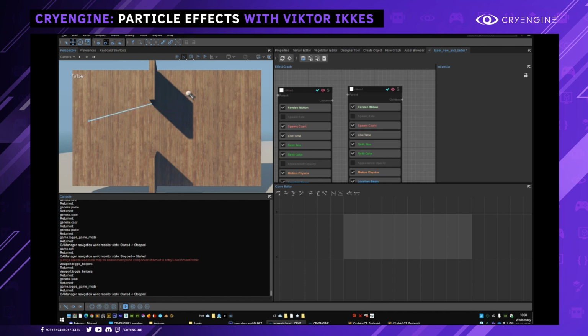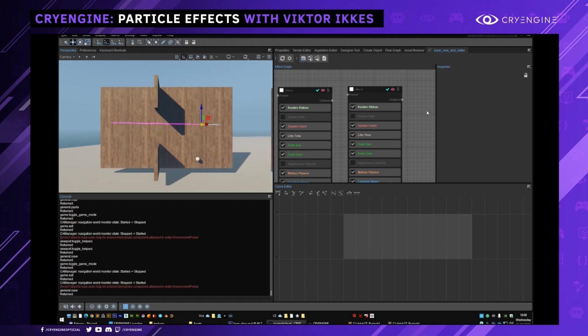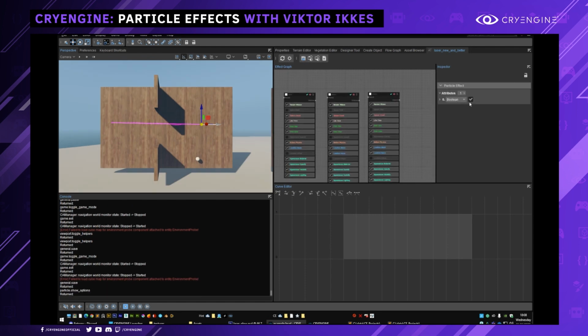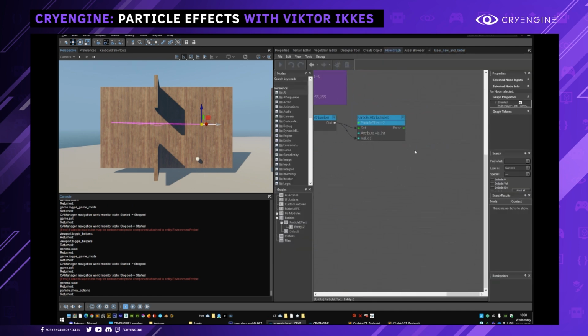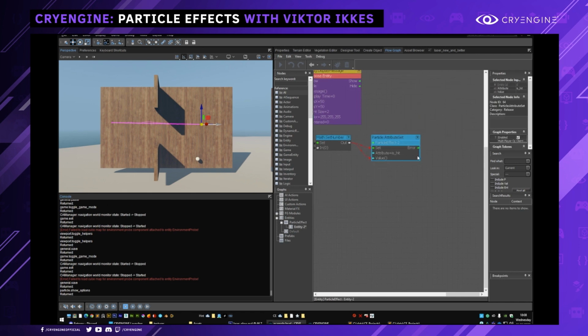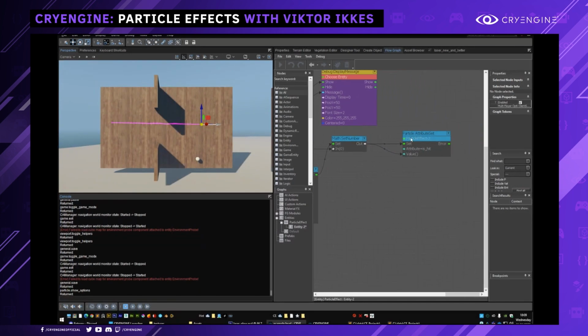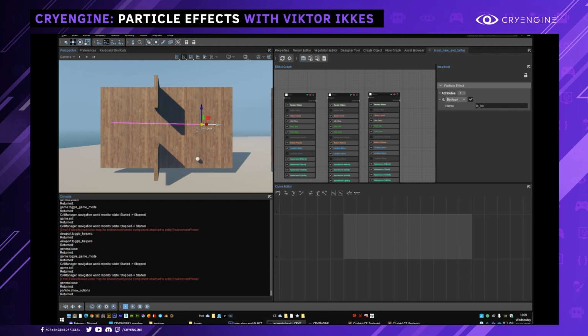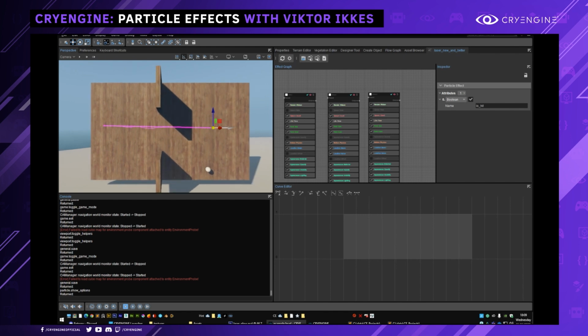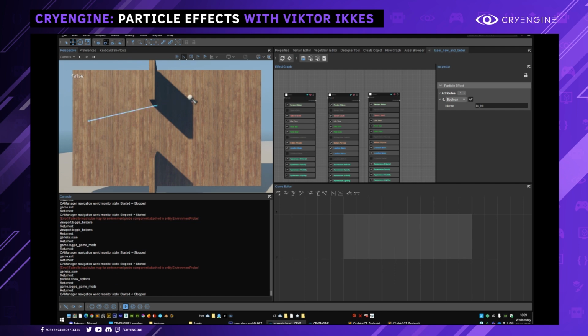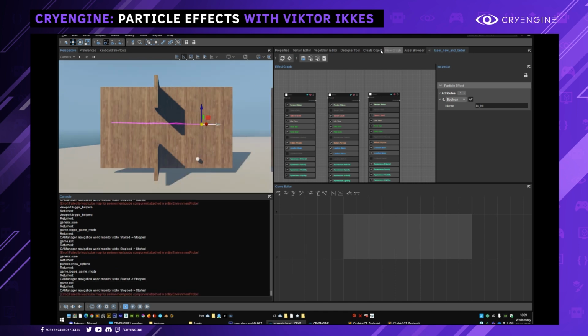And this is also one of the benefits here, that we didn't do the color approach first. If we would have exposed the color here, we would need to go into the flow graph. We create a color, and we create 2 different values for is hit or is not hit. So we tweak the color here, and now we want to introduce a new feature, which is we also want to disable some components or stuff like this. And suddenly we have to change the logic again,